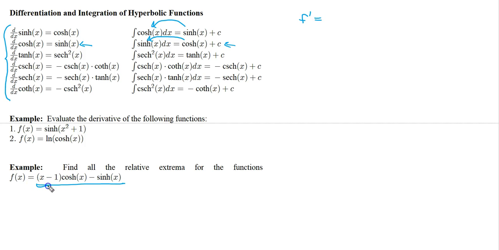this piece right here, the first term, we're going to have to use the product rule. So x minus 1 times the derivative of cosh. The derivative of cosh is sinh. Then cosh times the derivative of x minus 1. That's just going to be 1, so plus cosh times 1. And then minus the derivative of sinh, which is cosh up here. And so we see these coshes right here cancel, and we end up with our derivative being